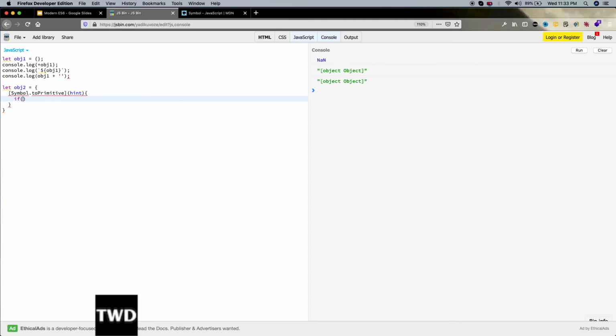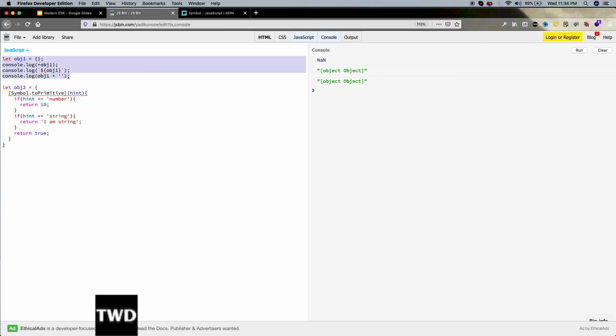If hint == "number", return 10. If hint == "string", then return "I am string", else just return true.